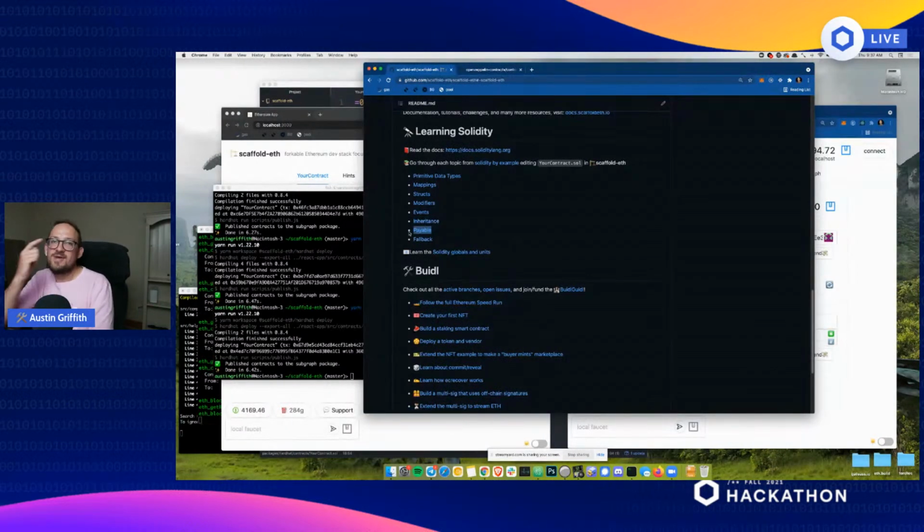Payable functions. I think we hit on that just a second ago when I made that function payable, and then we could pay money to set it. And then a fallback function is really cool too. It's sort of like your smart contract, this vending machine, can actually trigger some execution if money lands in it. So if someone just YOLOs money to the address of the contract, it can actually execute some code. Maybe we're going back to that bank contract we were talking about earlier. Maybe someone, instead of calling withdraw and deposit every time, wants to deposit funds by just sending money